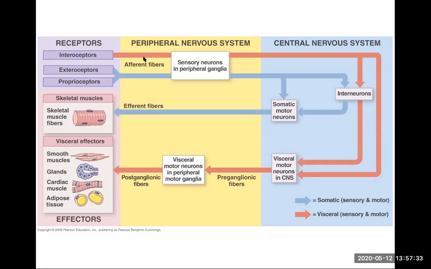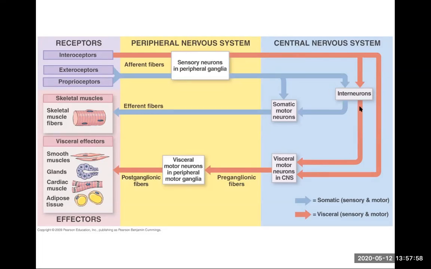This red color indicates that we're looking at a visceral portion. So this is visceral, and because it's carrying information in, it's sensory. So from the pain receptor in your gut via this visceral sensory neuron into the central nervous system here,